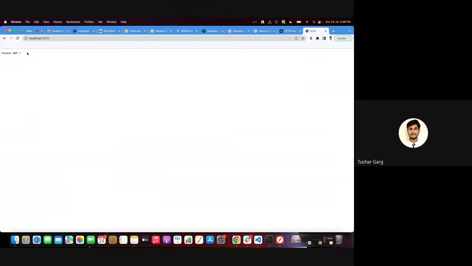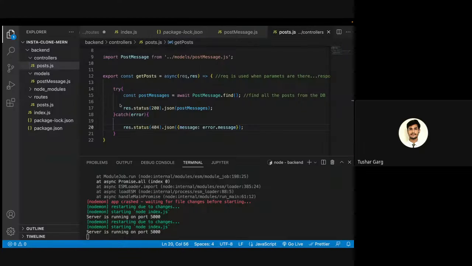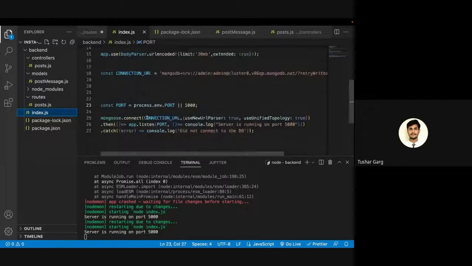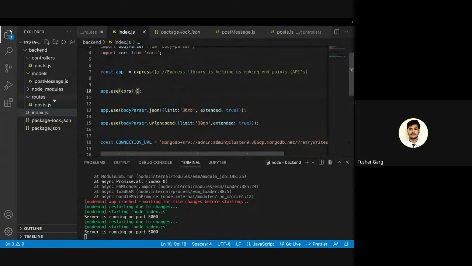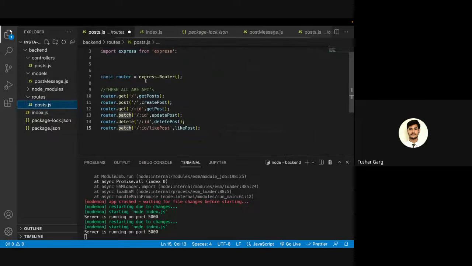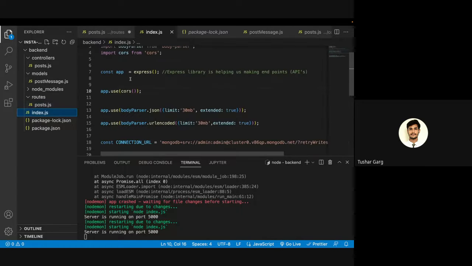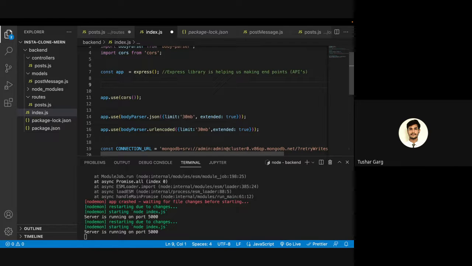Cannot get. अच्छा, एक चीज हमने और नहीं करी. We need to connect it to the router also. हमें इसको राउटर के साथ भी कनेक्ट करना पड़ेगा. Just 1 second. तो हमें index.js में we need to connect that router also, right? कि जो post requests हैं उनको use करो, right? Post routes हैं जो,